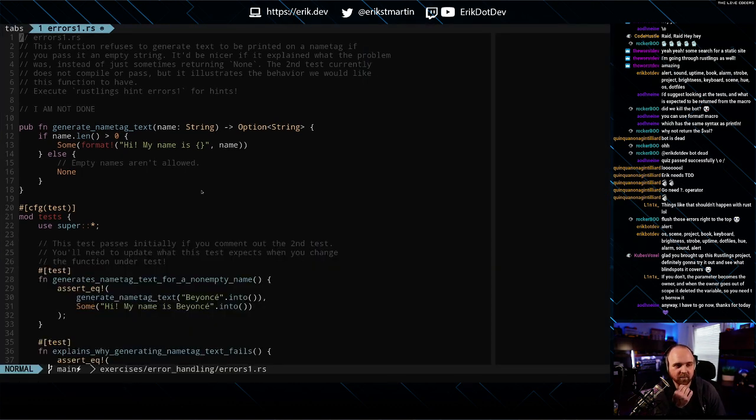Okay, this function refuses to generate text to be printed on a name tag if you pass it an empty string. It'd be nicer if it explained what the problem was instead of just sometimes returning none. The second test currently does not compile or pass, but it illustrates the behavior we would like this function to have. Rustlings hint errors 1.